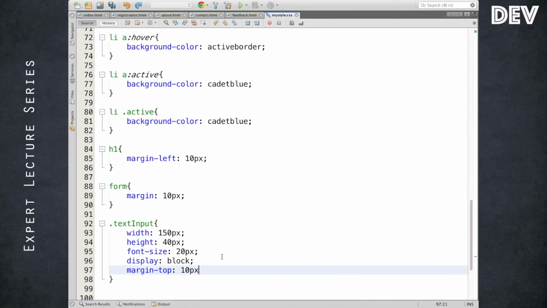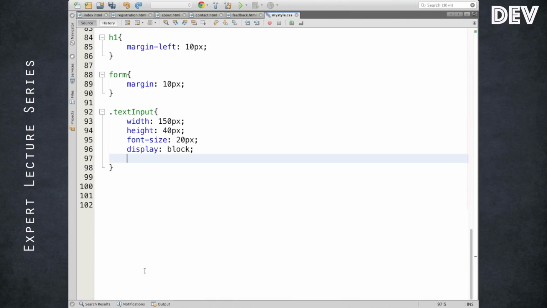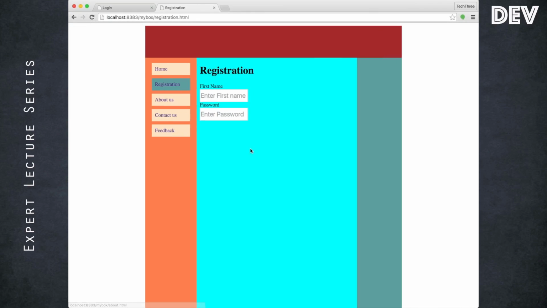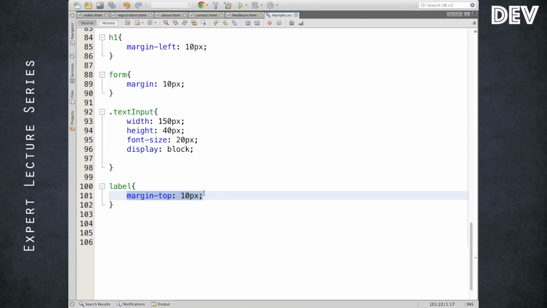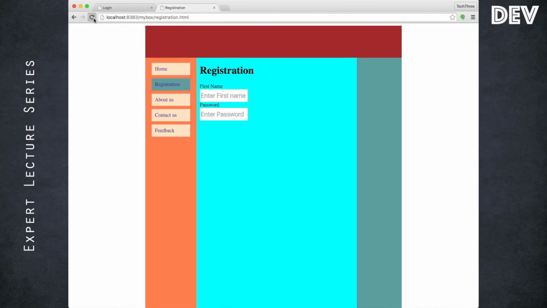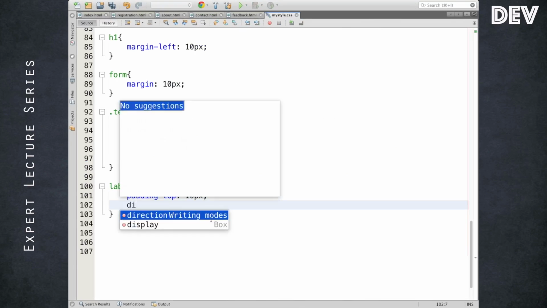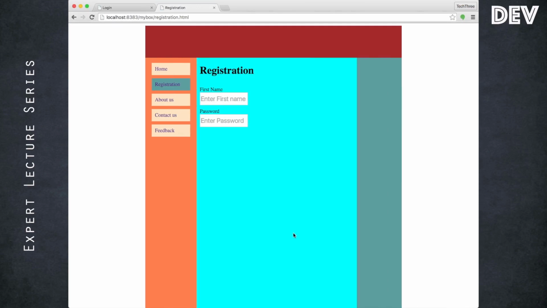I'll do one thing. I'll create a definition for label. In order to make it this way, that's what I was saying, by default certain elements may not be block elements or box elements.